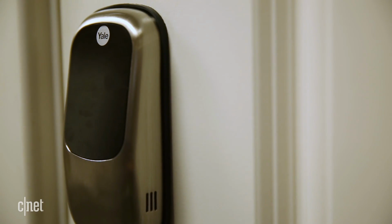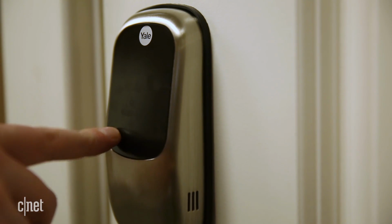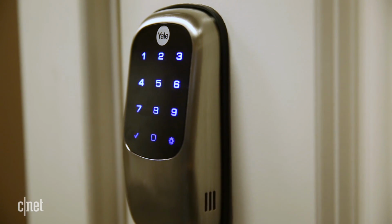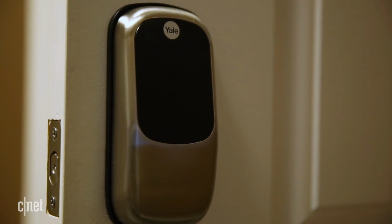Now the way you use this lock is pretty simple. You can just tap on it to wake that touchpad up and then punch in one of your pre-programmed codes. It can support several of those codes. You can assign one for each person. You can make those codes time sensitive, so they'll only let somebody in on a certain day or at a